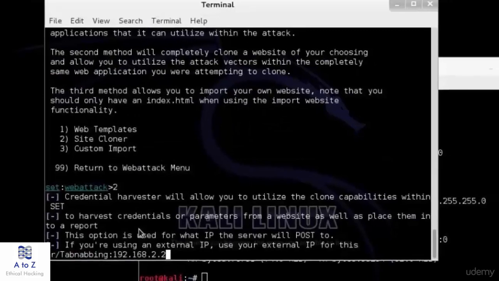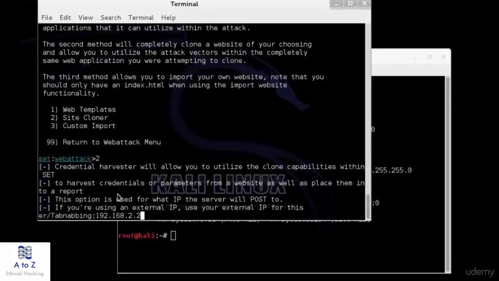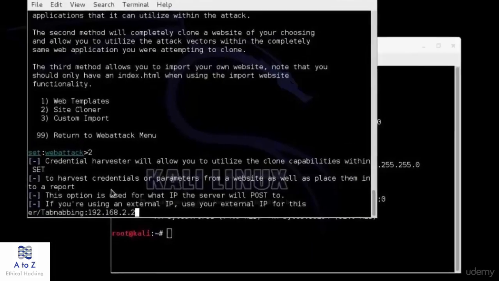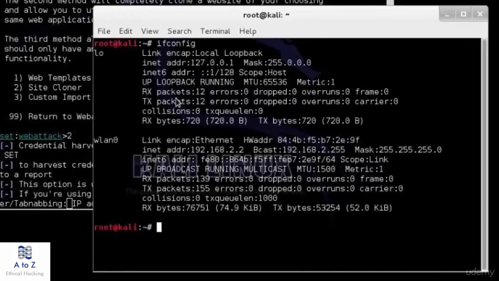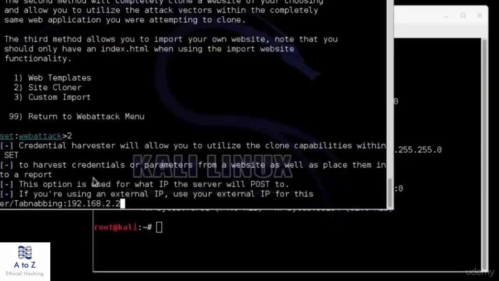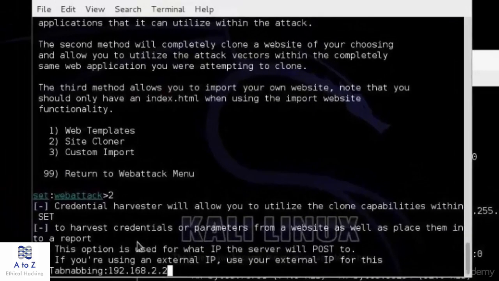Now you have to enter your system address. My system IP address is 192.168.2.2. To get your system IP address, open a terminal and type ifconfig. As you can see, this is my IP address. Just copy your IP address from here and paste it into the terminal